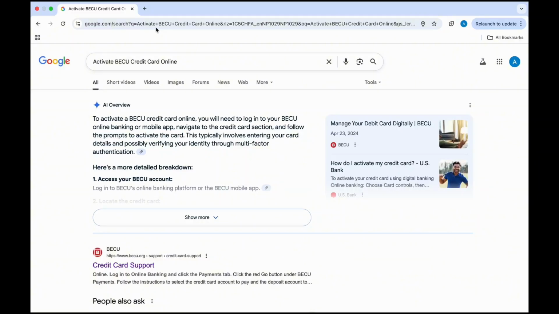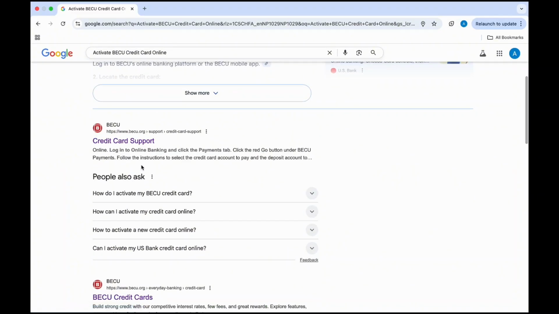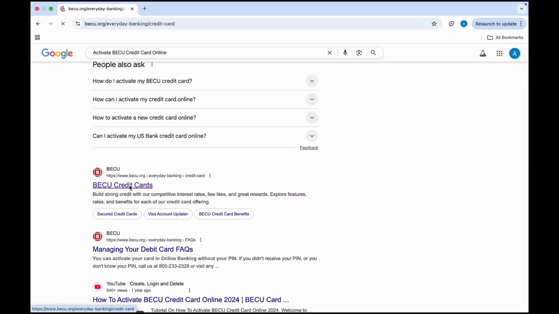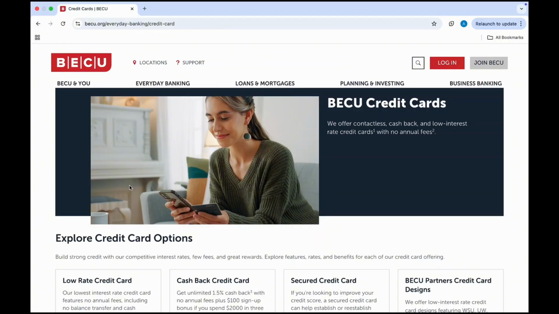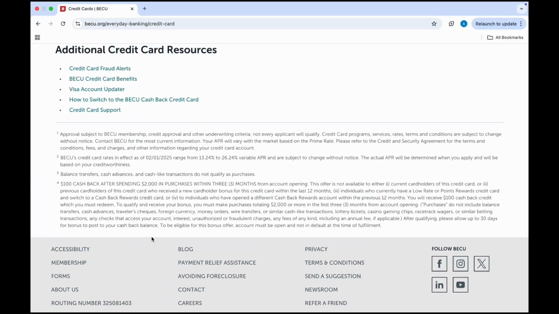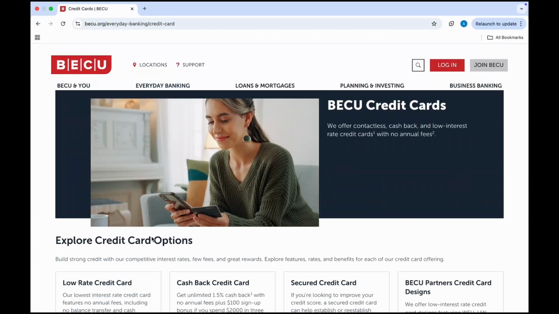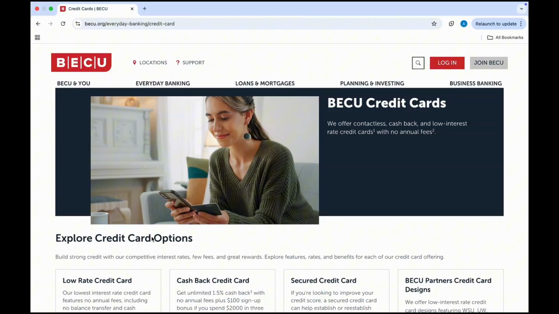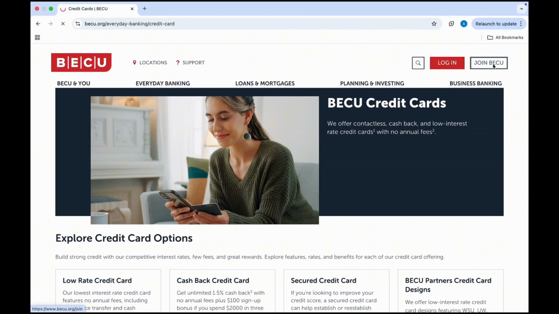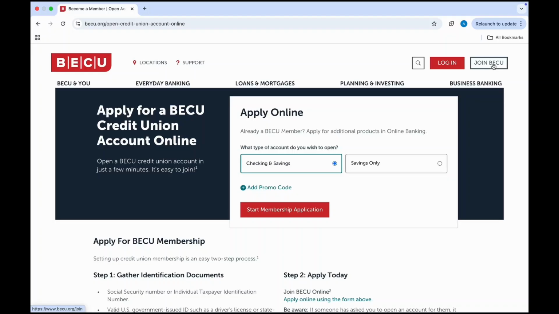Just make sure that you tap on the official portal of BECU.org. And once you tap on it, all you have to do is tap on the Join BECU option available at the top right corner of your screen. In order to activate your credit card from the BECU, you will have to join the BECU account first of all. And once you tap on it and log into it, then you can browse through available cards in the